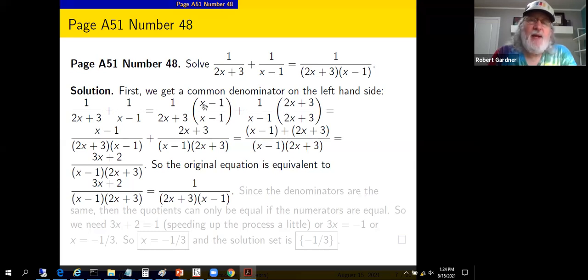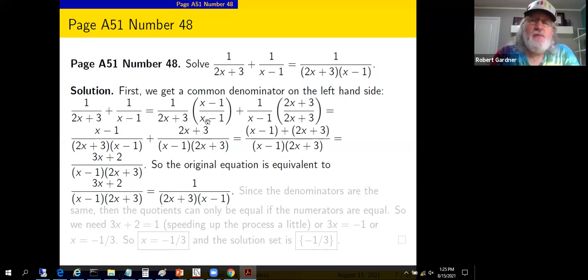And let's multiply it by x minus 1 over x minus 1. And that's just multiplying by 1, provided x is not 1. X can't be 1, or that gives division by 0 upstairs. So we'll keep an eye out for that. But if we multiply 1 over 2x plus 3 times this, that'll give us a denominator of the product of